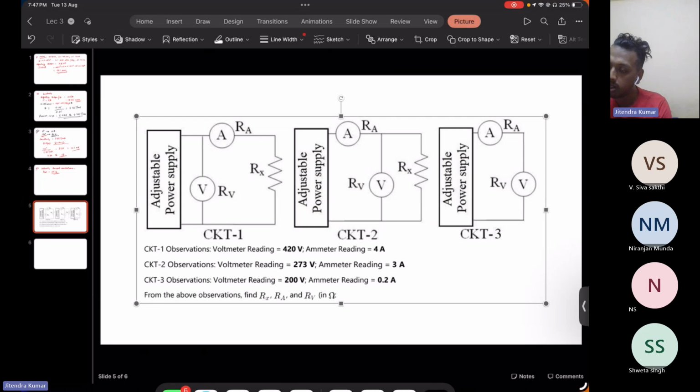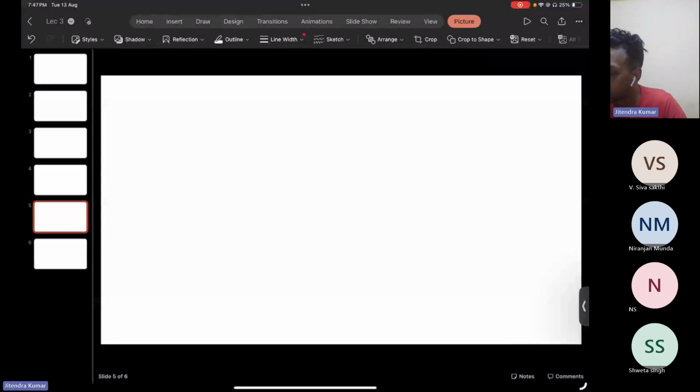We need to find RA, RV and RL, and the readings for the circuits are mentioned. So I hope now we can easily find it. So how to do that? It's very easy and we can do it quickly. So we will have to start from